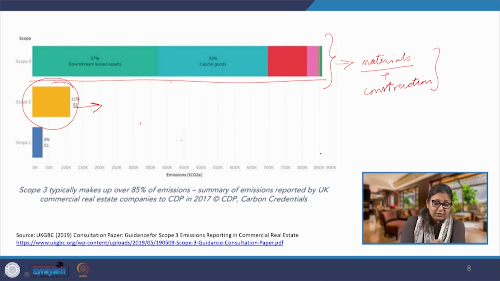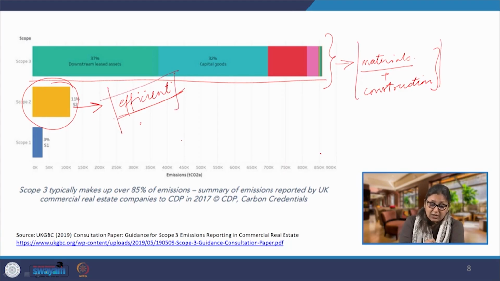When we are talking about scope 2, this is where if we make the building an efficient building, it would be energy efficient, it would be water efficient. If we make an efficient building, we can reduce the scope 2 emissions significantly, because we will be reducing the amount of electricity required to operate the building. So, these two are the tasks that we have to undertake to reduce the overall